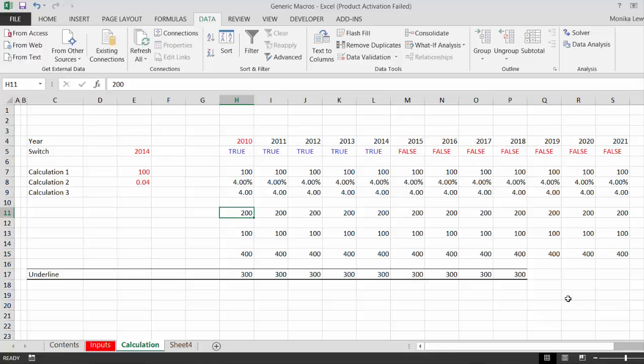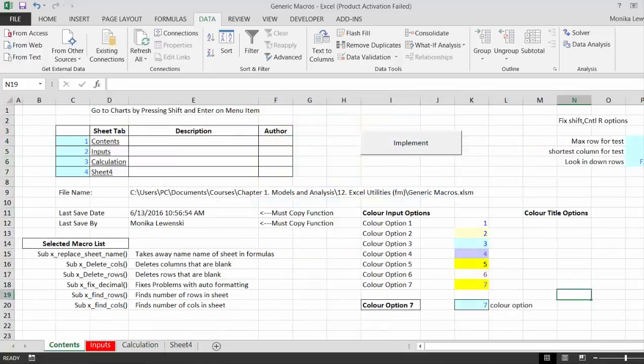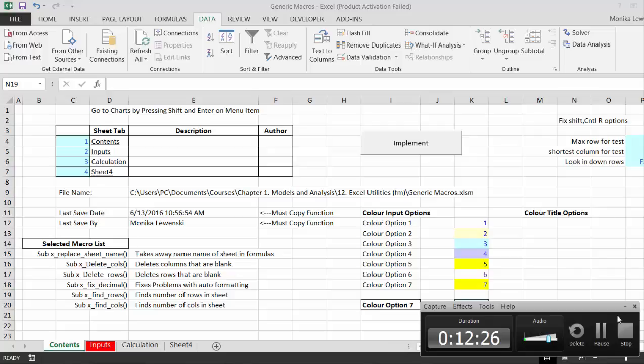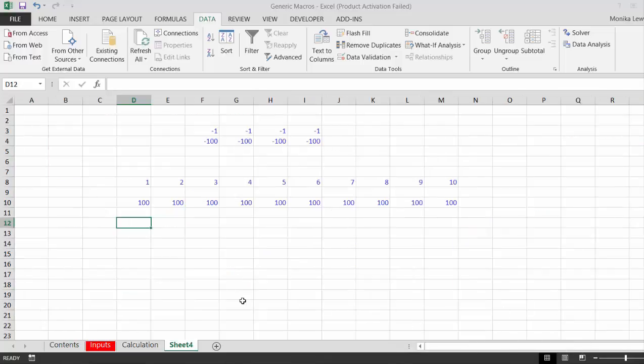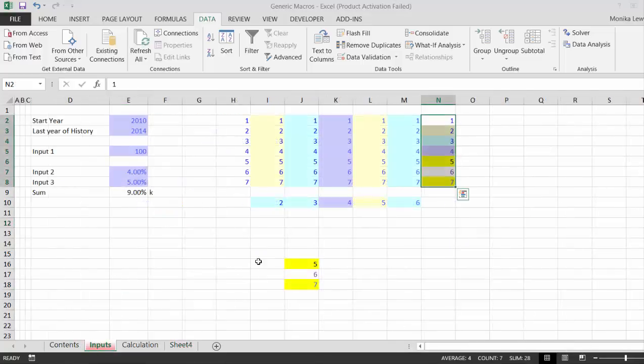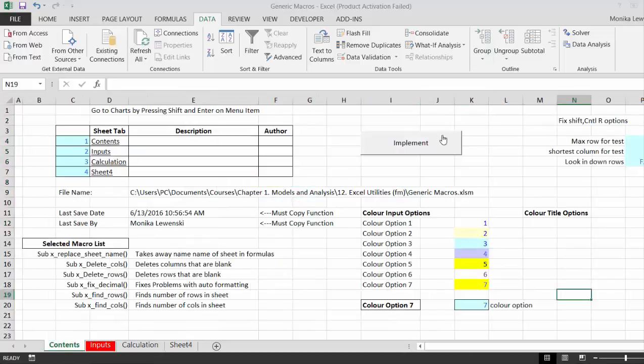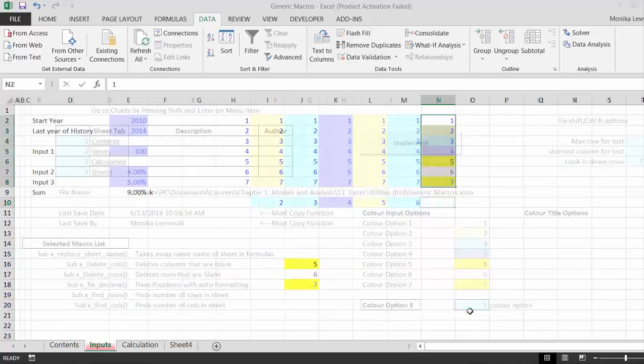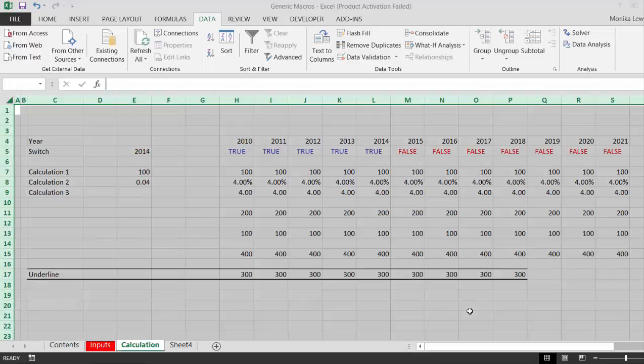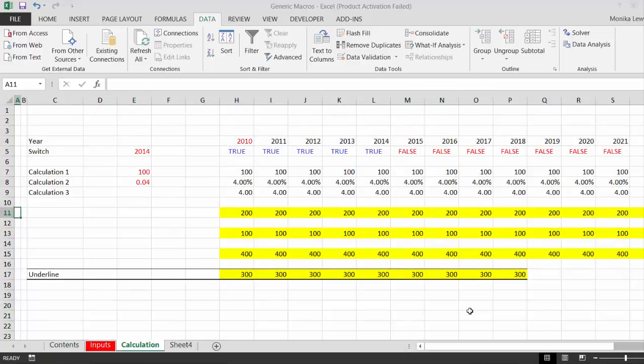okay, just a minute. Okay, I hadn't hit the implement. Let me do that again. Let's take color option 5. Okay, and we implement. It should really have put another color option here. You know, oh well. Now if I press Shift Control C on this sheet, I hope that was the color